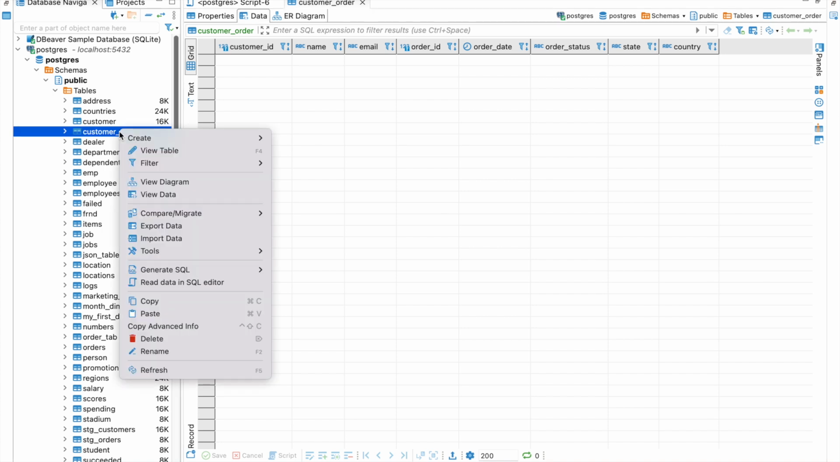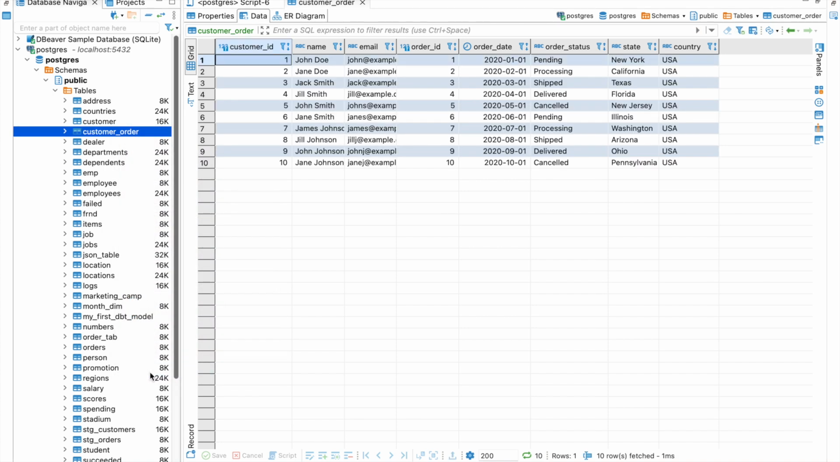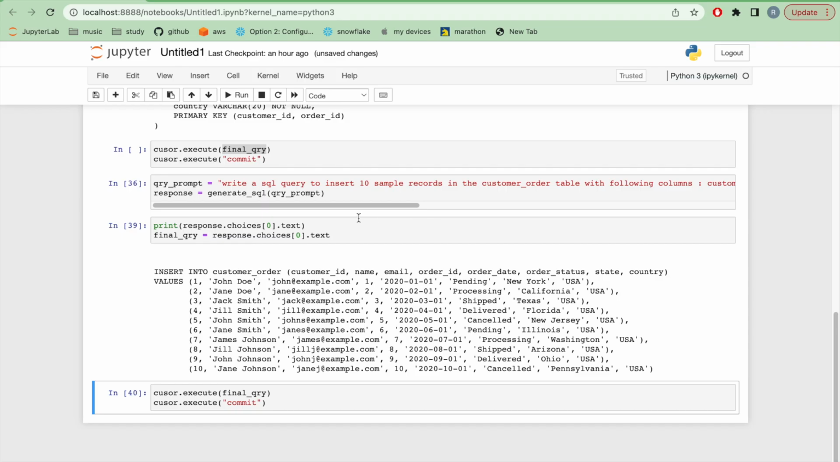I'm going to refresh it. Okay, so now I can see all those 10 records. The response from the API is pretty accurate. I don't have to change anything in the query. It just runs straightforward in the database. So far it's good. Let's create another type of query where we are going to use the where clause or